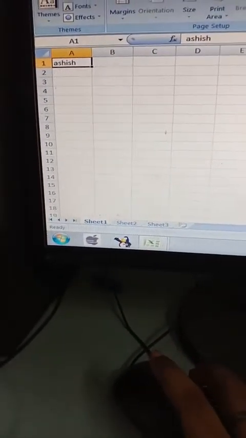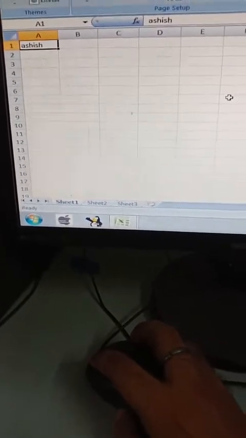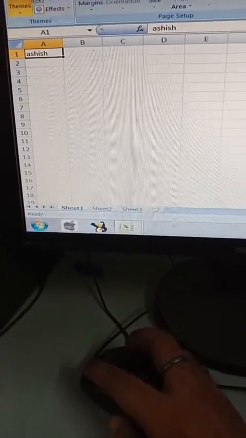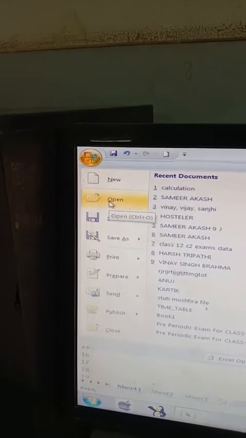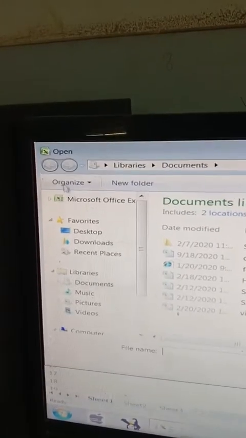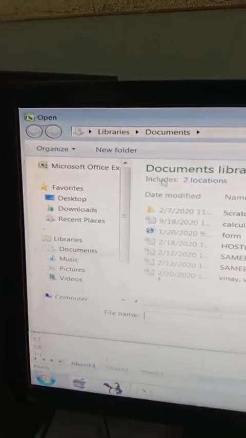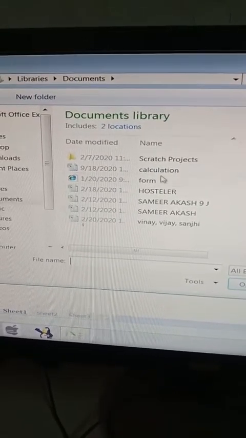Now if we want to open an already existing workbook, in that case, again move to the File tab. From the File tab, move to Open and left click on the Open option. As soon as we left click on Open, the Open window appears. Here different types of Excel workbooks are available.